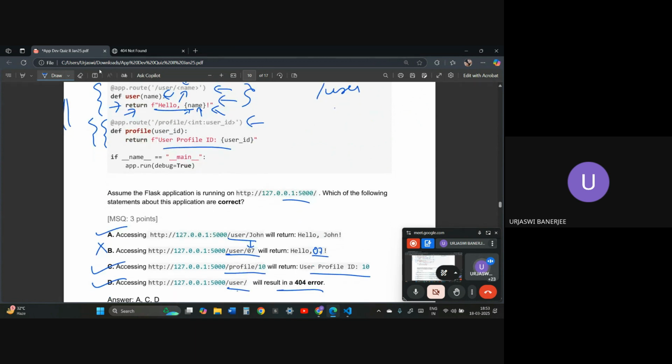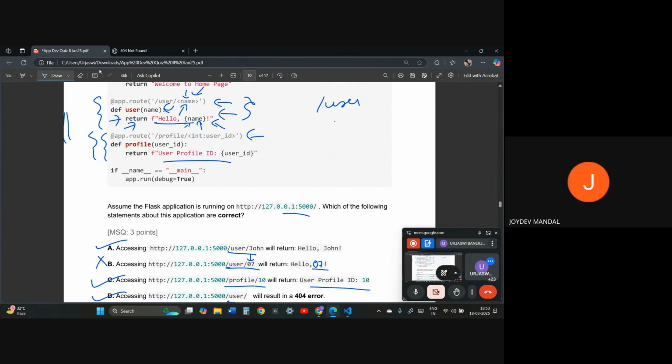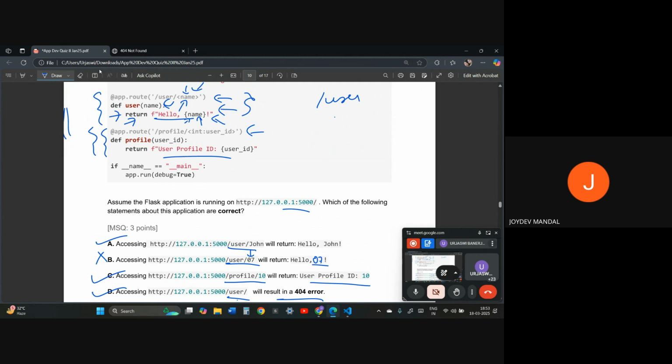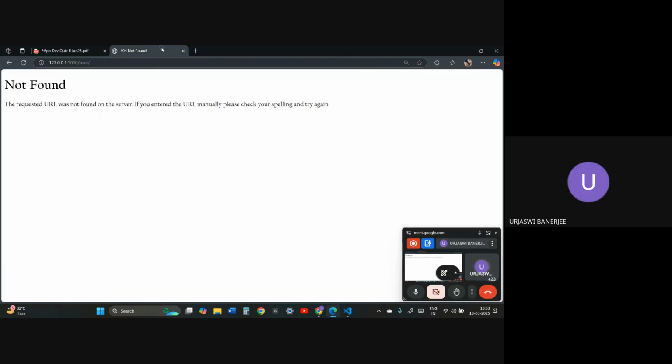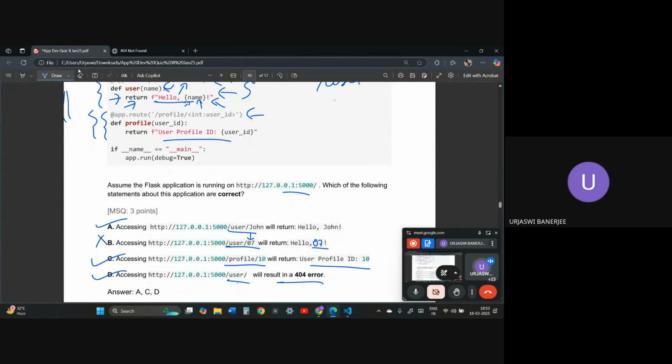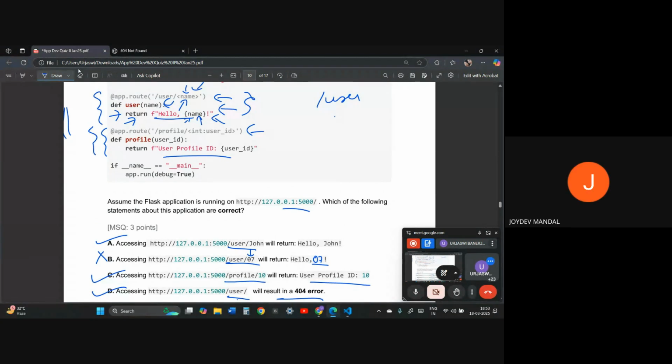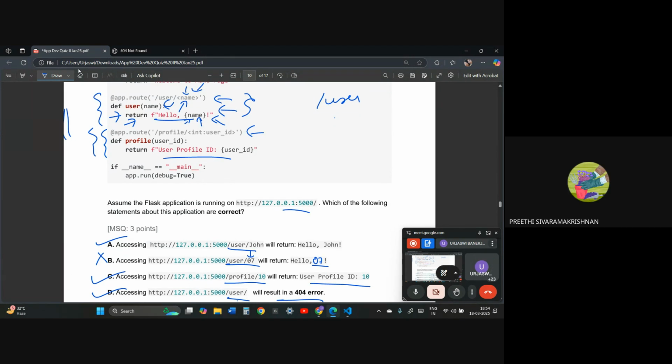Yes, someone else was also saying something. Ma'am, have you given this space in the route while you got not found? You mean over here, right? In the slash user slash. Yes, I have. There, it doesn't really need a space. It just needs slash user and slash. It's not a space, it's just not writing anything. Okay. Ma'am, for us to get a blank in this, it's not possible to get a blank, is it?